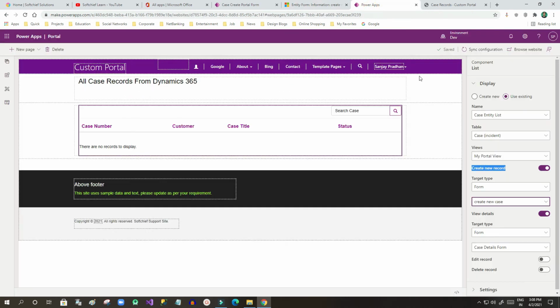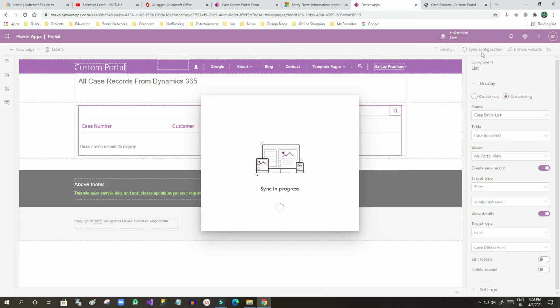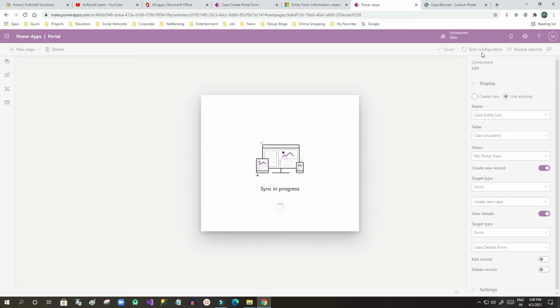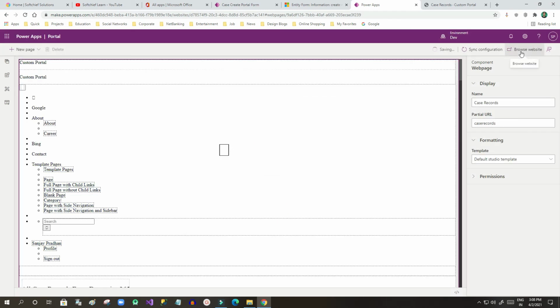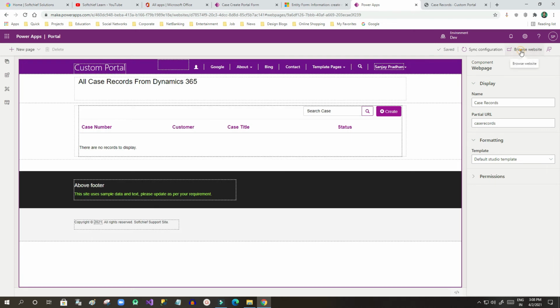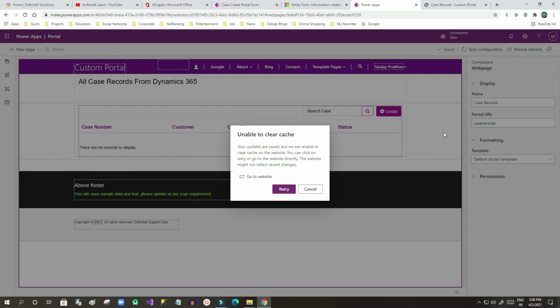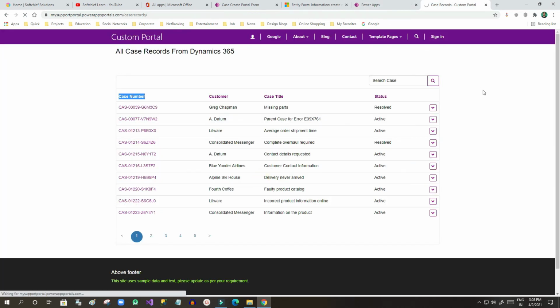Once it is selected, click on synchronize configuration. Once synchronization is completed, we will click on browse website. As soon as you click browse website, it will display a create button at the top of the entity list.